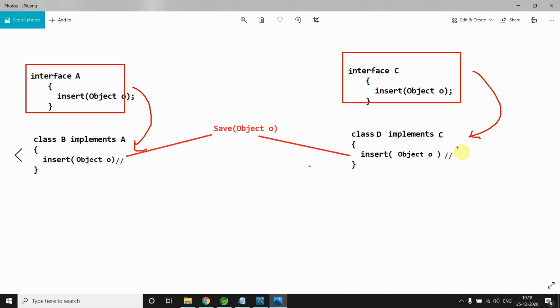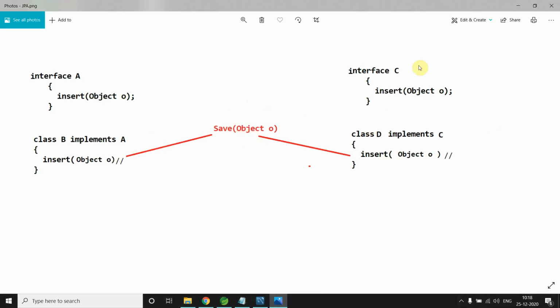So here Spring Data JPA comes into the picture. It gives you all the predefined methods to interact with your database. You just need to extend CRUD repository or JPA repository. These are two predefined repositories. We are going to talk about them in a few minutes, just have patience. When you want to save an object, you say save object, and your work is done as a programmer. You don't need to do anything. So this is great, right?